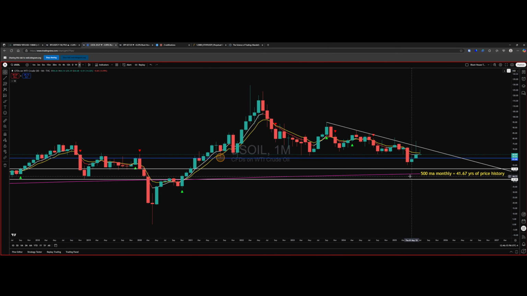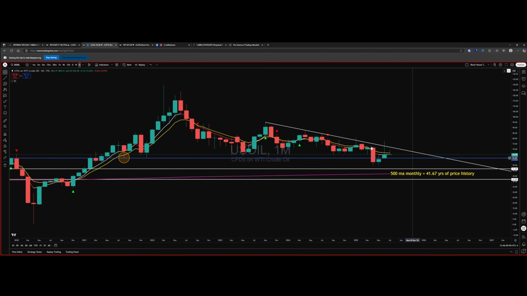So in your experience, when you come back and retest and fail, if this was to fail, let's say it was an hourly chart, you'd be like, damn, that's not a good thing. Is it more or less of a good thing on a long-term time frame? Maybe more of a bad thing. This thing has to trade meaningfully, as it's literally demonstrating what it's doing here. It has to trade meaningfully above that trend line.